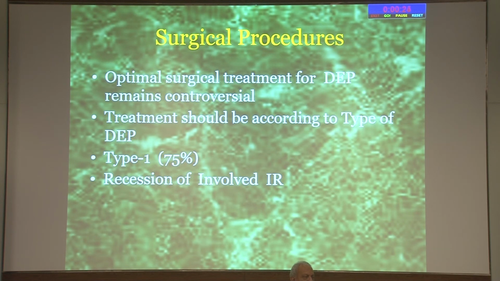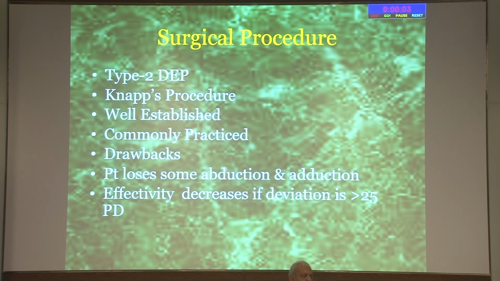So what are the various surgical procedures? Optimal treatment for MED remains controversial, and treatment should be according to type of MED. In type 1, which is in approximately 75% of the patients, recession of the involved inferior rectus is the procedure of choice. In type 2 MED, NEPS procedure is a